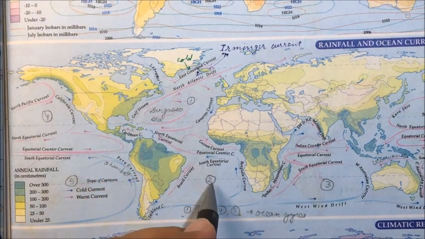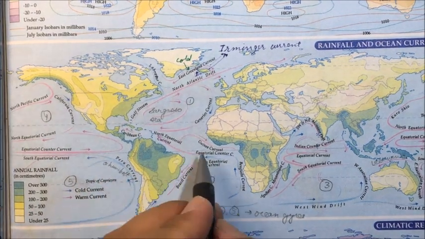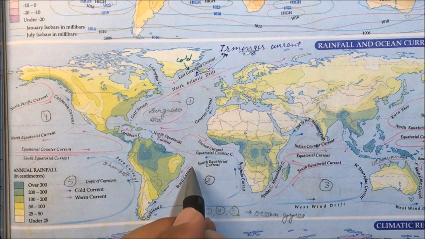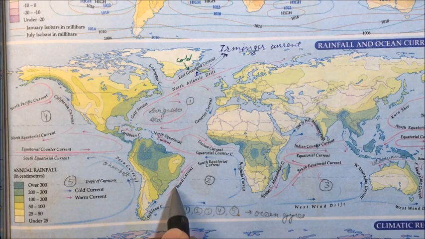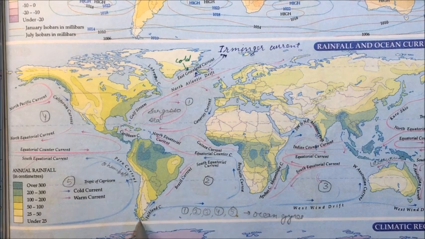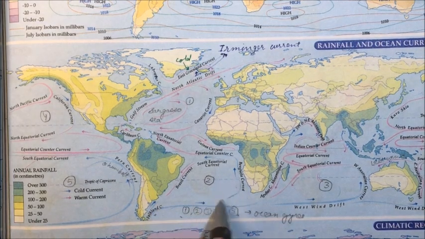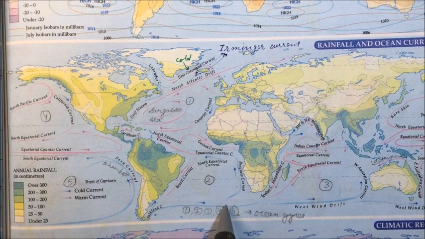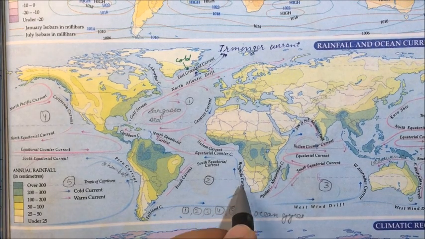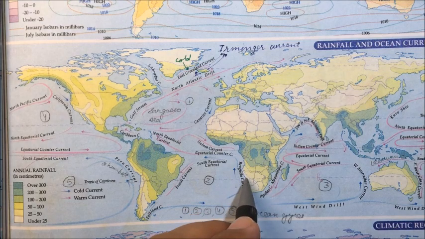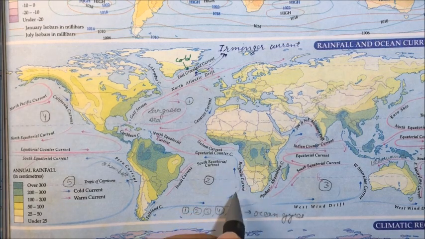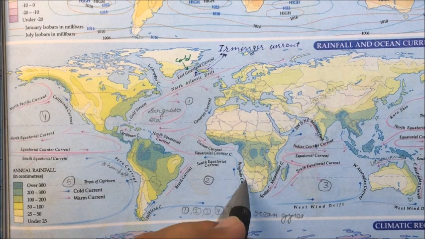Now in the South Atlantic Ocean, we can see the South Equatorial current, then it is the Brazil current, and it is a warm current. A current is moving towards Brazil, that is the Falkland current. And here we have the West Wind Drift, or South Atlantic Drift we call it. A part of the West Wind Drift moves towards the western coast of Africa, and here we have the Benguela current. And this current is a cold current.